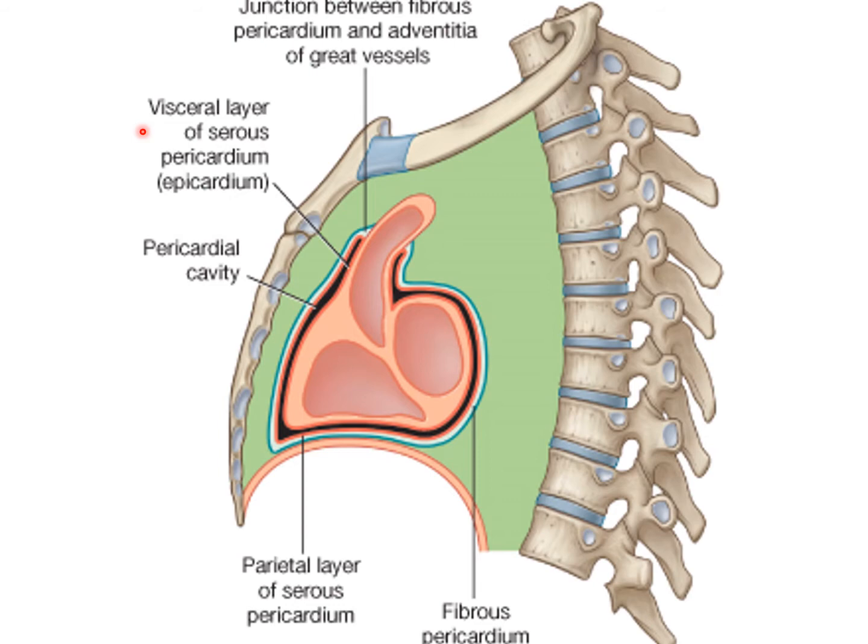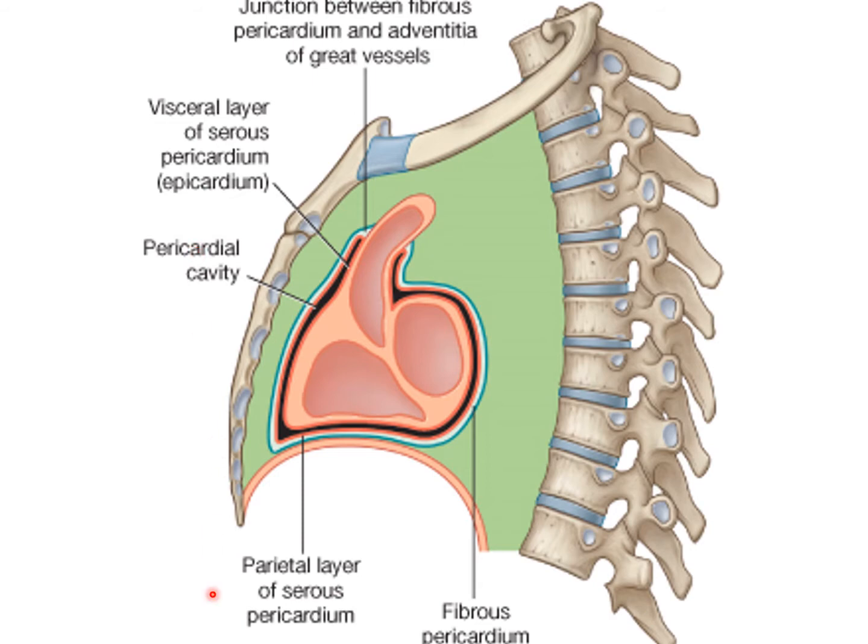Attached to the heart, it is separated from the myocardium by subserous areolar tissue and fatty tissue. Continuity between the parietal and visceral layers is established in the form of two tubes. One tube surrounds the ascending aorta and pulmonary trunk, and the second tube surrounds the pulmonary veins and the inferior vena cava. This is the visceral layer of the pericardium.